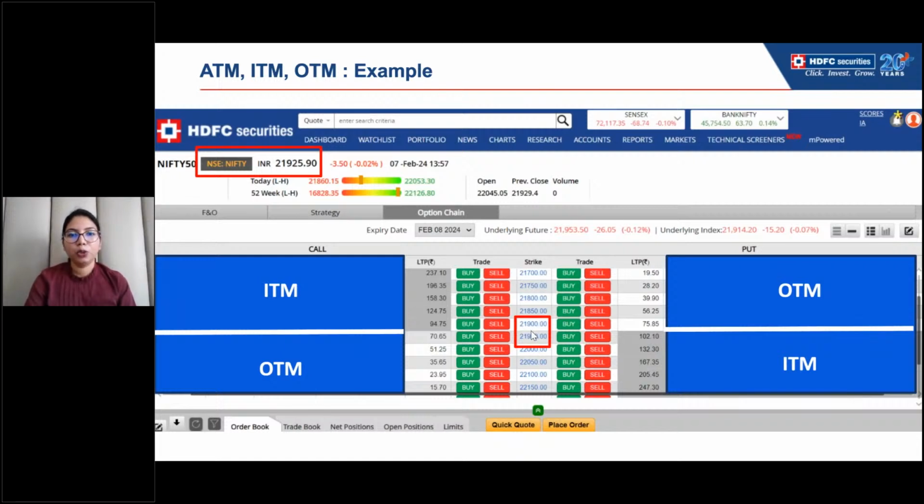Now, when the spot is near 21,900, okay, let's imagine, हम लोग एक राउंड फिगर ले लेते हैं एग्जांपल के लिए कि 21,900 पे अभी निफ्टी है। As a call buyer, what is your expectation that Nifty will go upwards towards 22,150, correct? Right? Which means that it has already covered these strikes 21,700, 21,800, इसने already ये strikes को cover कर लिया है, right? और उसके बाद ये 900 पे आया है और अभी भी ये ऊपर जाएगा।